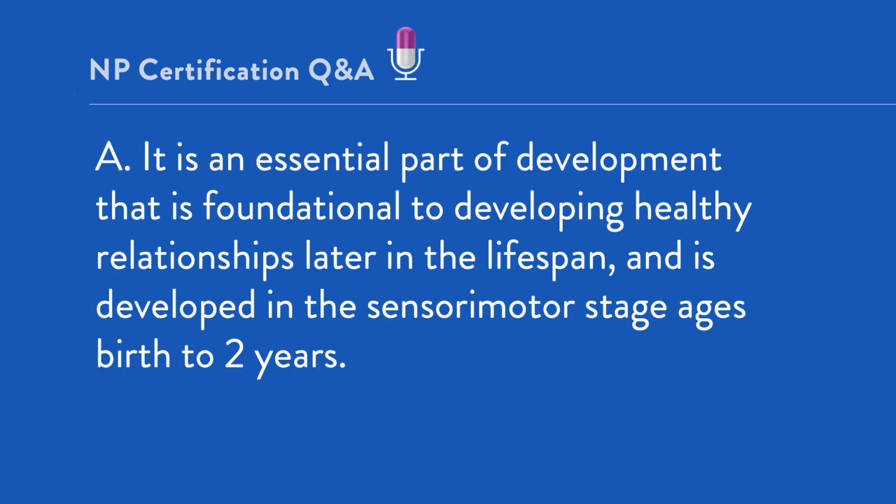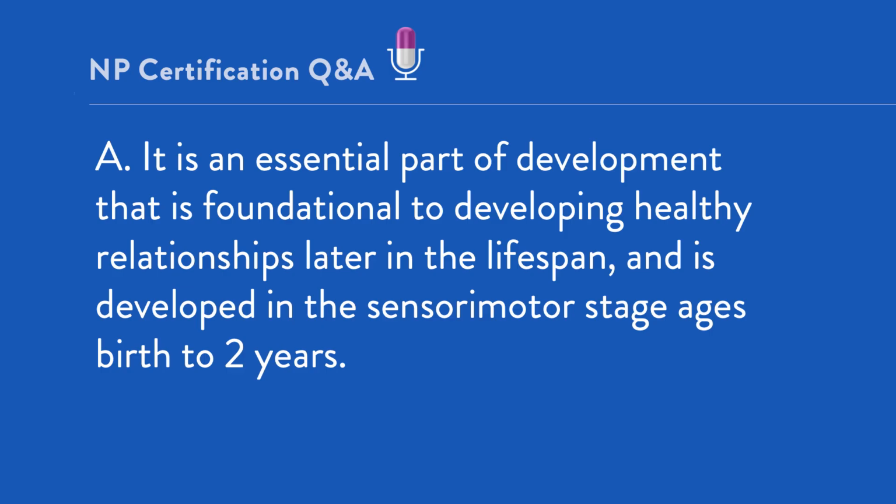And it is developed during the sensorimotor stage, which, according to Piaget's cognitive development, is the first 2 years of life, birth to age 2. Much of what they learn then is sensorimotor: to see, to touch, be ambulatory, explore, open cabinets and doors, and touch things and touch people. They're just beginning to learn how to differentiate themselves from the world, and they're just beginning to learn that even if their parent steps out of view, the parent is A, coming back, and B, still very much a part of their life.